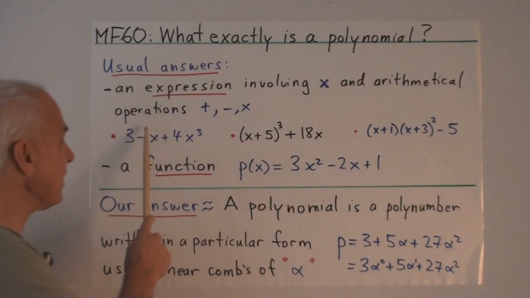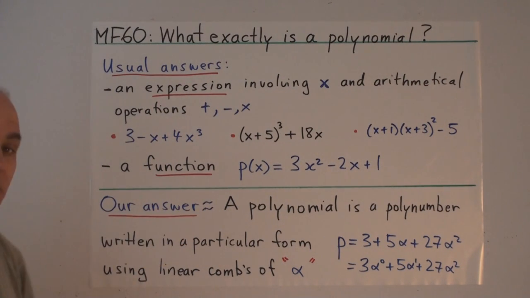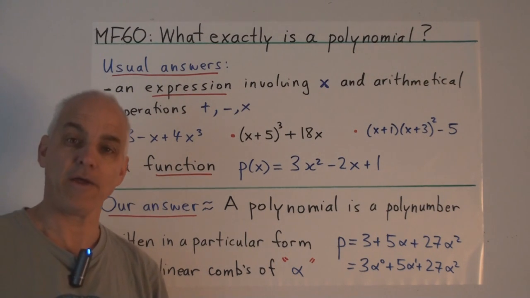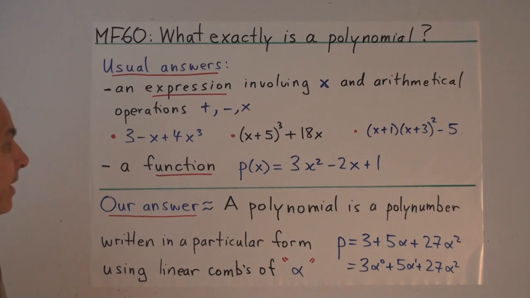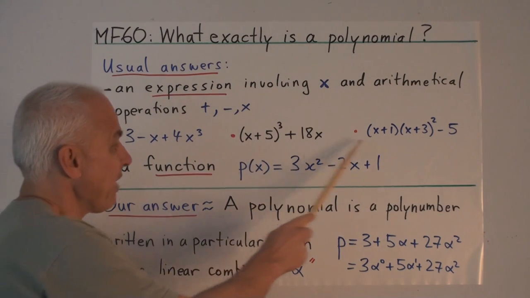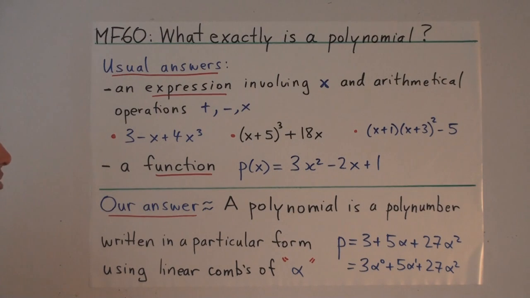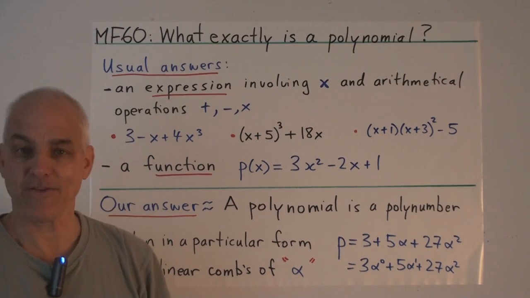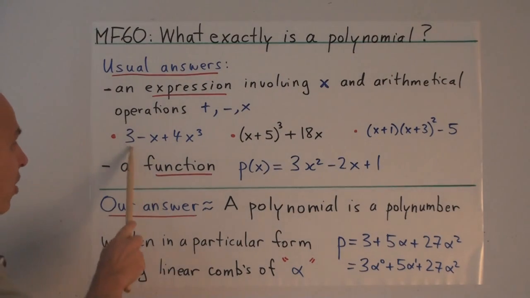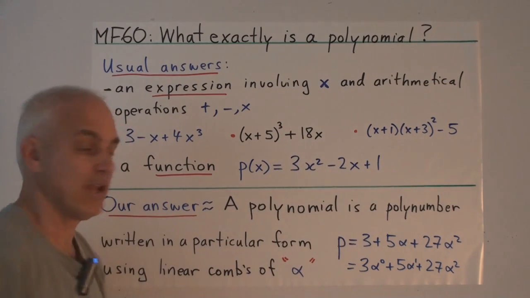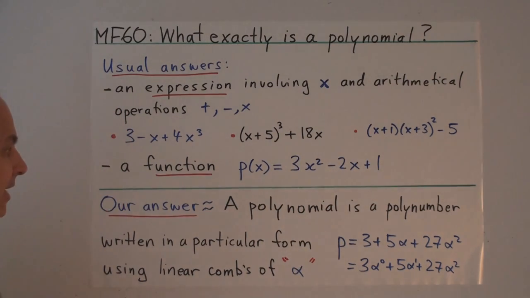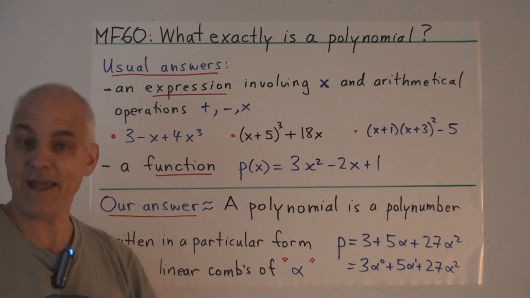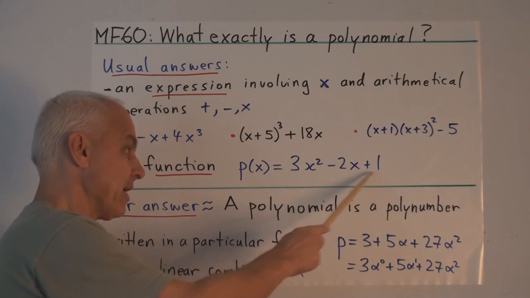So I remind you that the usual idea is that a polynomial is some kind of expression involving an unknown variable or general variable x, or perhaps y, or perhaps a, or perhaps b. And this polynomial is allowed to have various manifestations or different expressions. The idea is that it should be built up just from the three operations plus, minus, and multiplication. So these are all considered polynomials in x in the usual formulation of things. And another approach is to think of a polynomial as a function, something that inputs an x and outputs another number given by an expression like this.